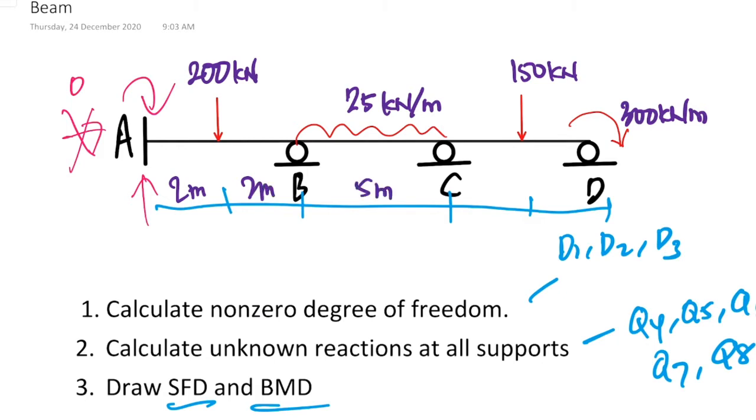This one is 3 meter, 2 meter. So the length for member AB is 4. We put it into the formula and the answer is